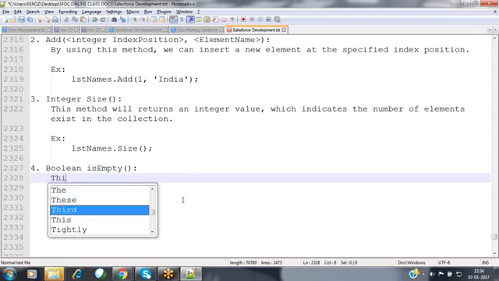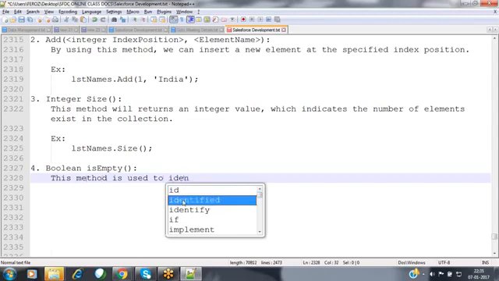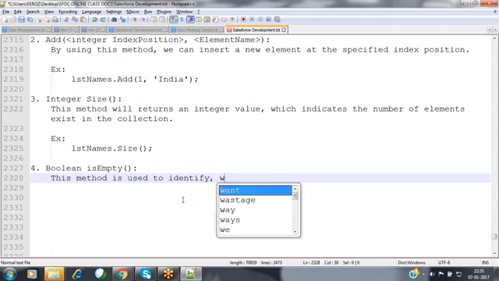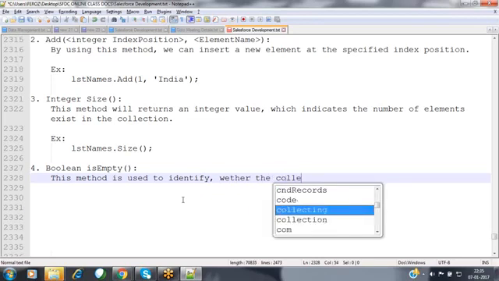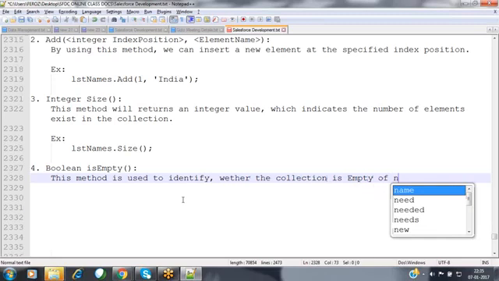Now, this method is used to identify whether the collection is empty or not.